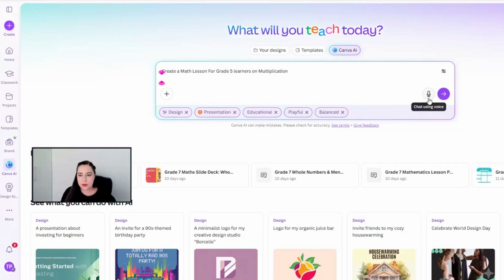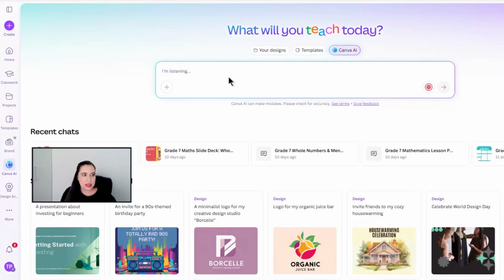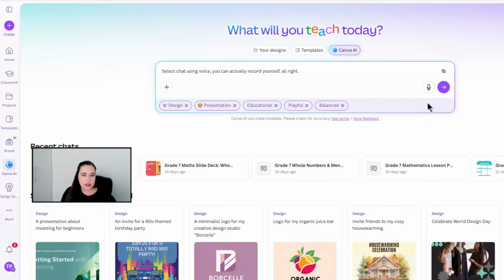There's a nice feature here as well where you can use chat using voice. So if you select chat using voice, you can actually record yourself. All right, and then you can just end the recording. So that's also just a nice feature. So let's quickly go back. I deleted my prompt. So create a math lesson for grade 5 on